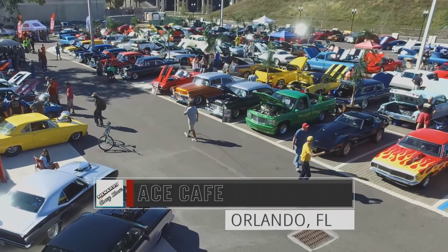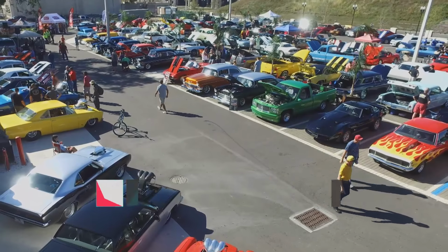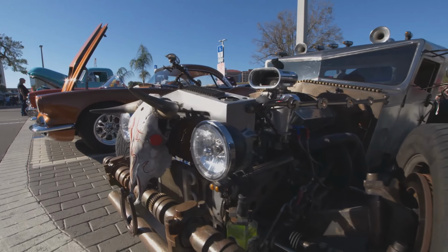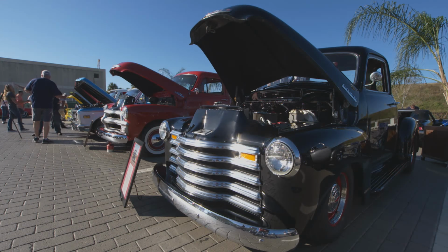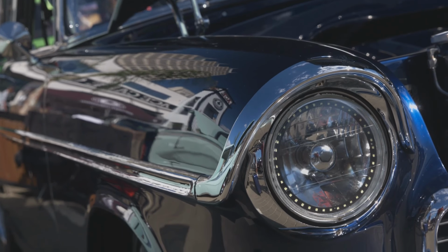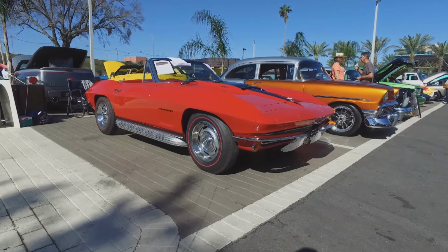Welcome back to the Menards Chevy Show, coming to you from Ace Cafe Orlando. Now, the parking lot of this downtown destination is nowhere near as big as some of the racetracks we usually go to, but inch for inch, this could be the most quality-packed event of the whole year. With such superior machines, it can be a challenge to pick out our winners, but the next producer's pick was